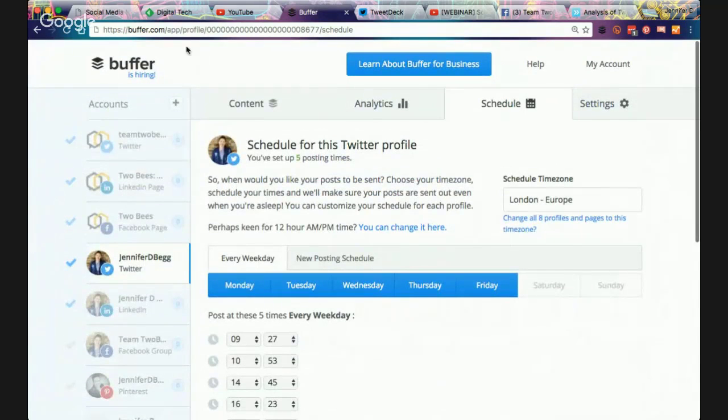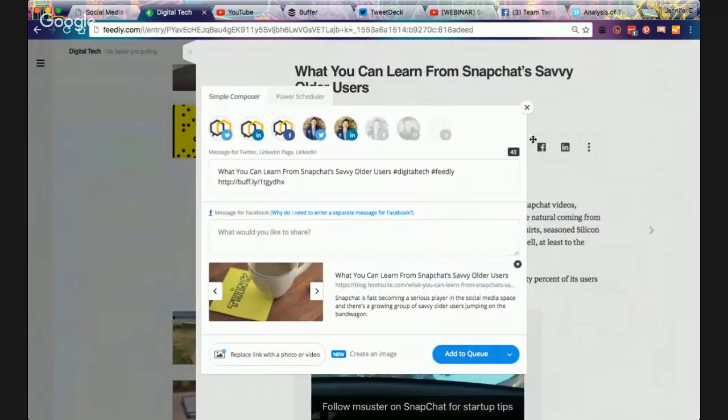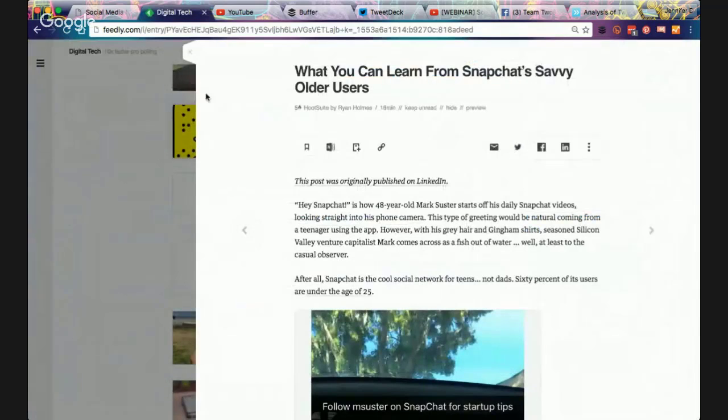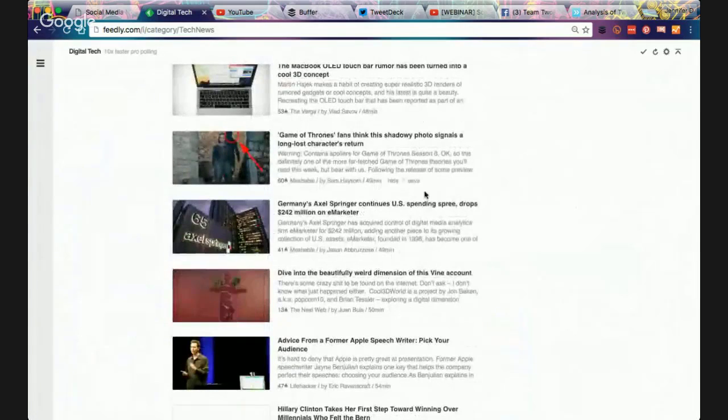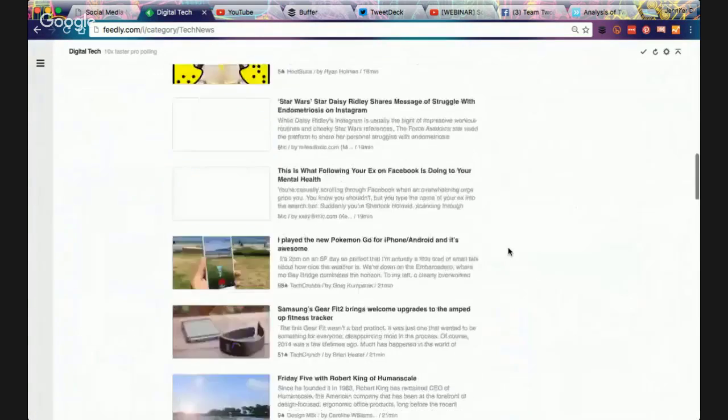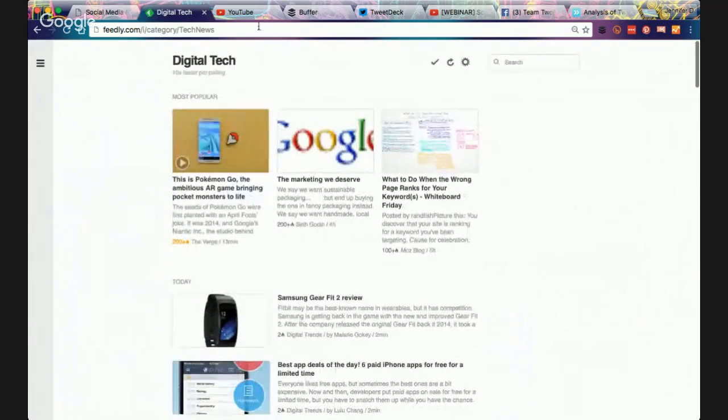Okay, so because I've got this set up already, those time slots are in there for all of these different accounts. It means that I can come here, read through the articles, select the ones I think my followers would find useful, and schedule. Now, if you're not using something like Feedly,